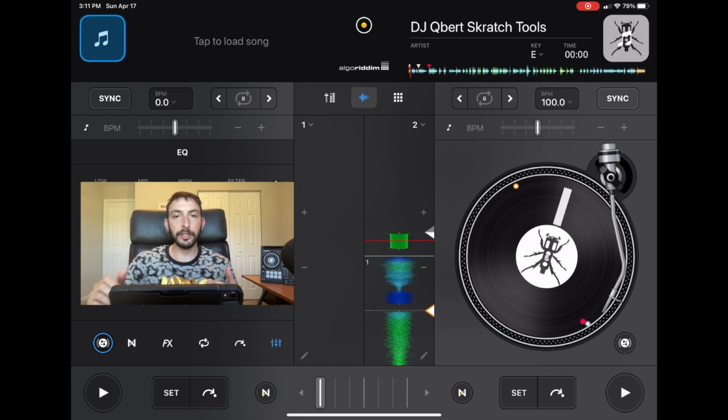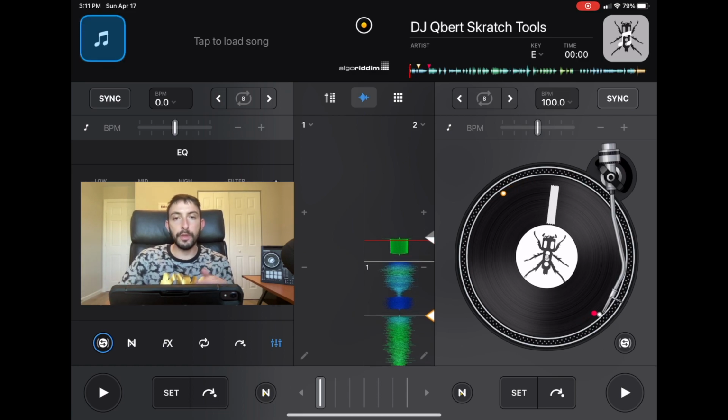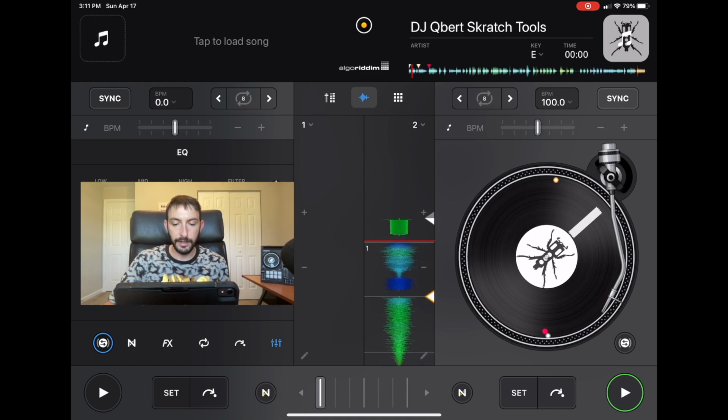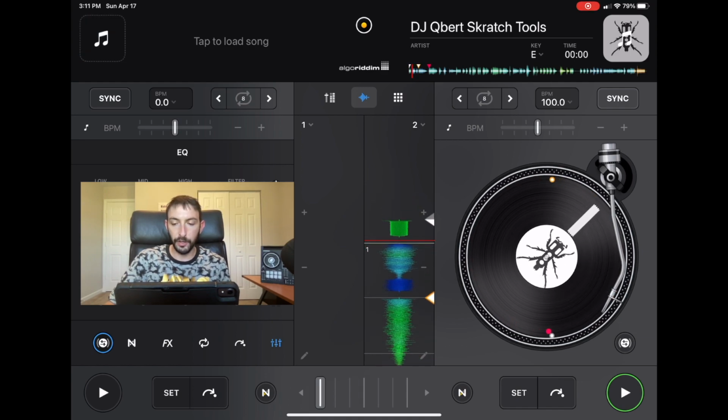Now this gets kind of tricky because once you move the jog wheel, it's hard to move your finger and bring it back. So I'm going to show you what to do. Have the record on so the record's playing. Keep the crossfader off so it's off. Go to the end. And now find the position where you can make your finger comfortable, because you're going to